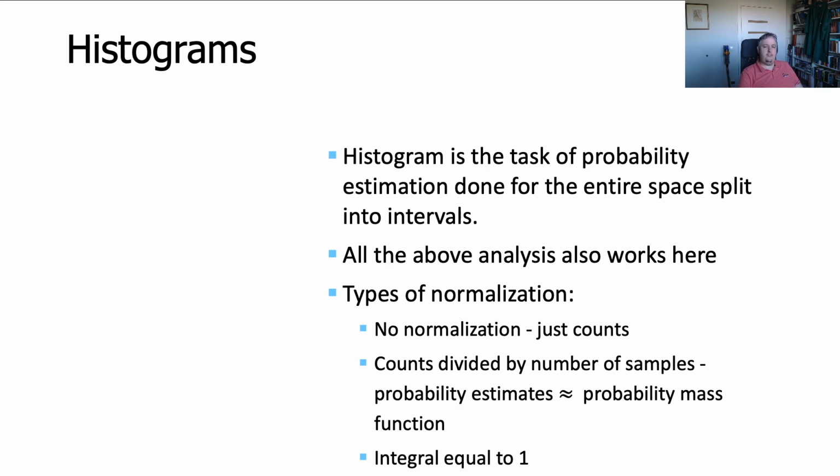A different situation is normalization to become similar to the probability density function. In that case, the integral of the histogram has to sum up to 1, and that is not as interpretable as previously. But it gives you values that correspond to the actual probability density function. So all of those are useful, but require different analysis.